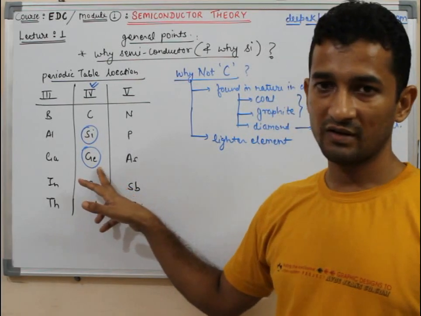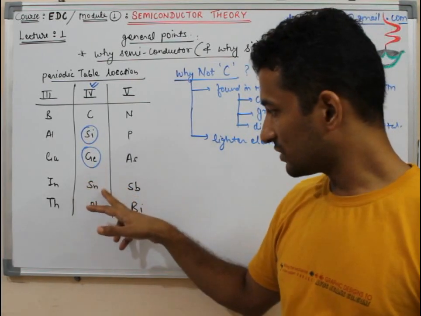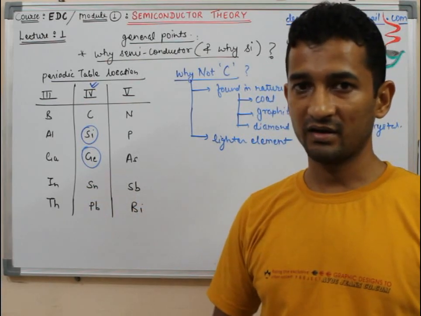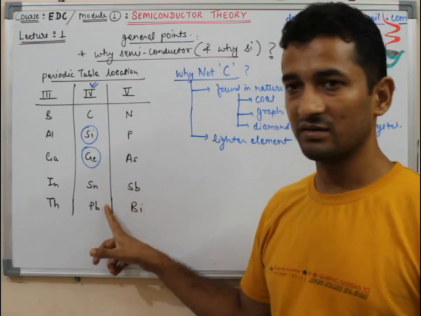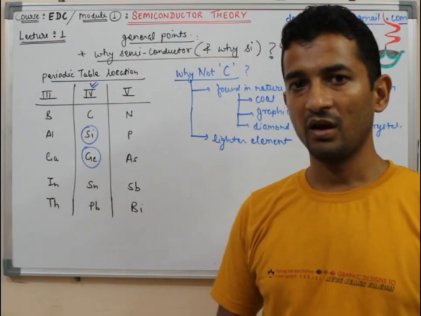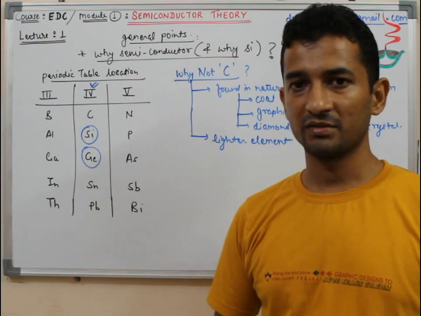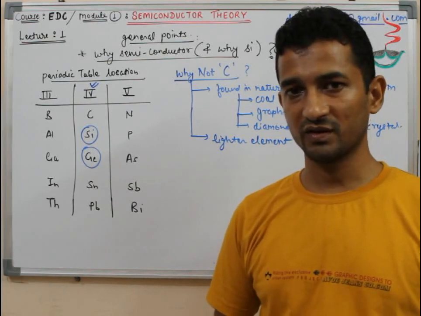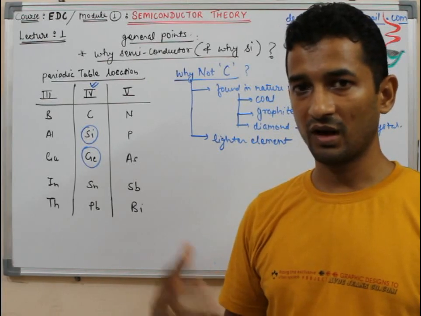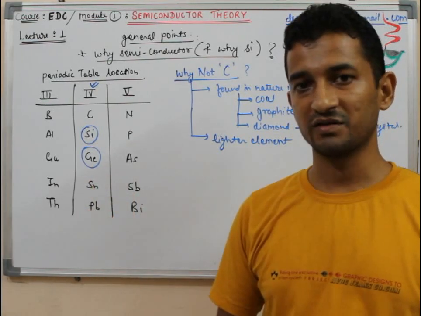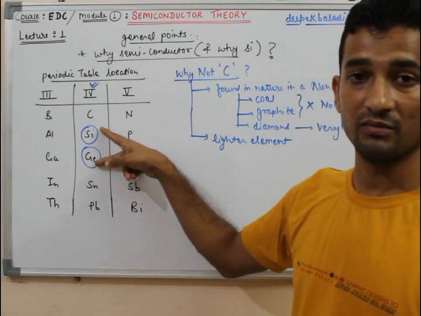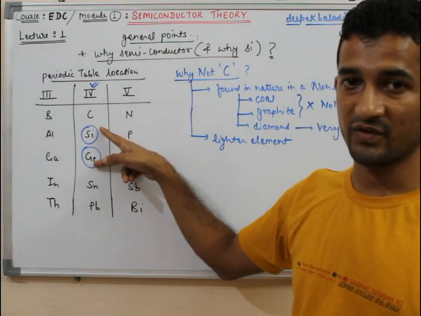Germanium is also in a well suitable form, and as soon as we go much below, these two elements become heavier elements, meaning their atomic size and their weight become heavier. So again, they do not allow lots of fabrication processes or integrated circuit processes to happen onto them. If they do not allow, we cannot utilize them in integrated circuit manufacturing processes. Therefore these two still remain the most viable choices for the semiconductor industry.